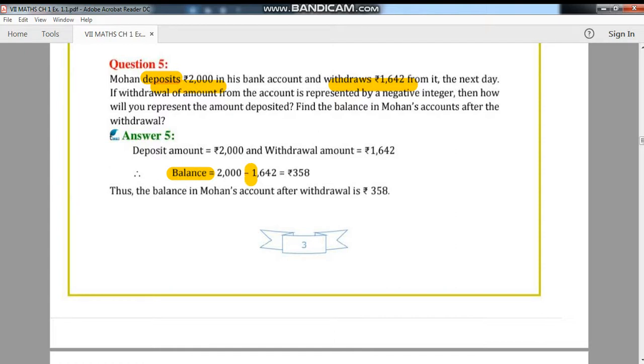So 2000 minus 1642, the answer is 358. So the balance is 358. In the next